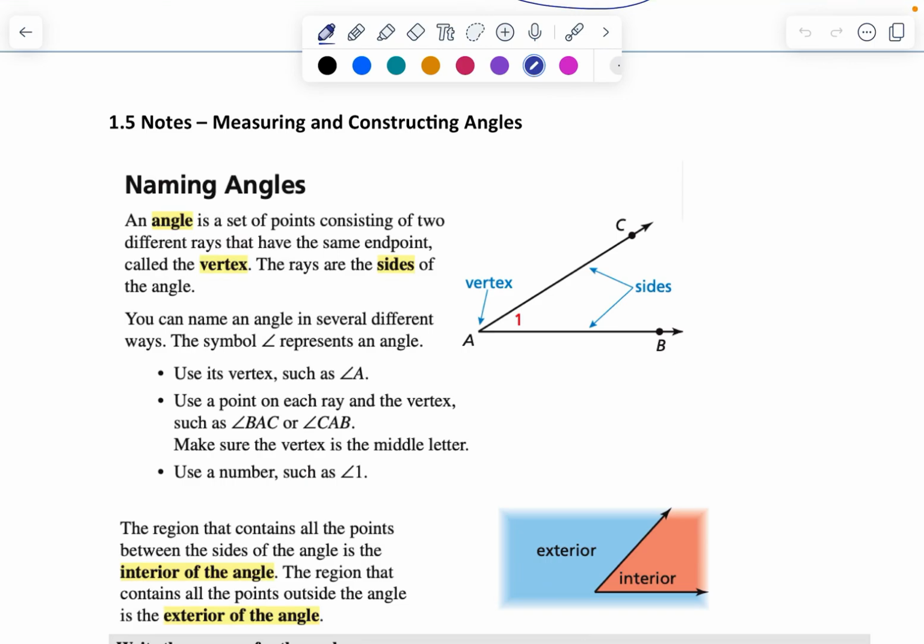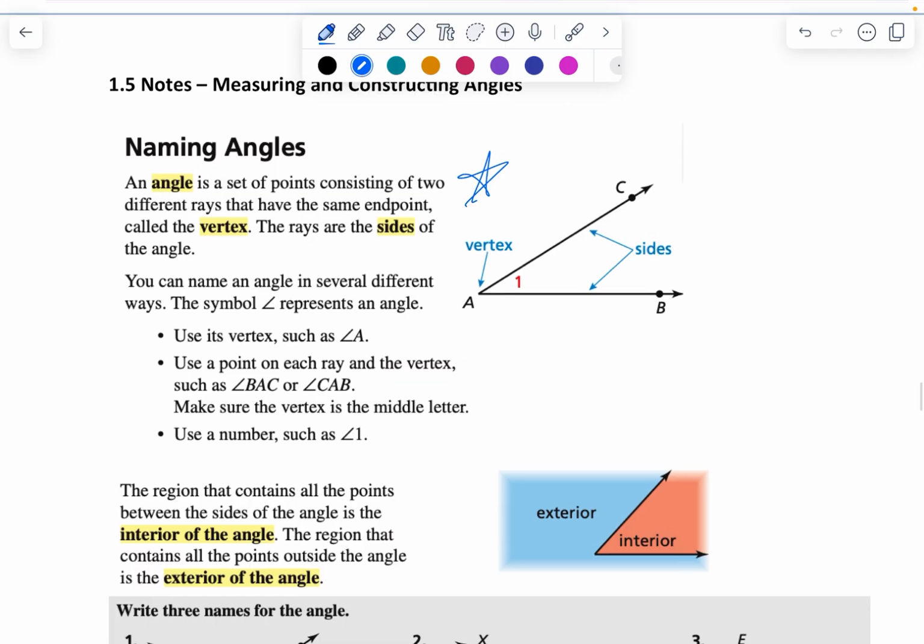Today we are looking at section 1.5, which is on measuring and constructing angles. First of all, when we talk about angles, just like everything else in geometry, we need to make sure that we name angles correctly so that everyone knows what angle you're talking about. There are different ways to name the angle that we see in the picture. To make sure there are no discrepancies, we use 3 letters,